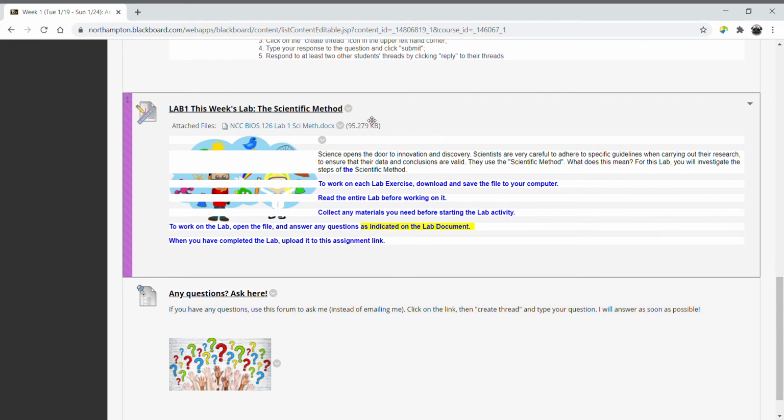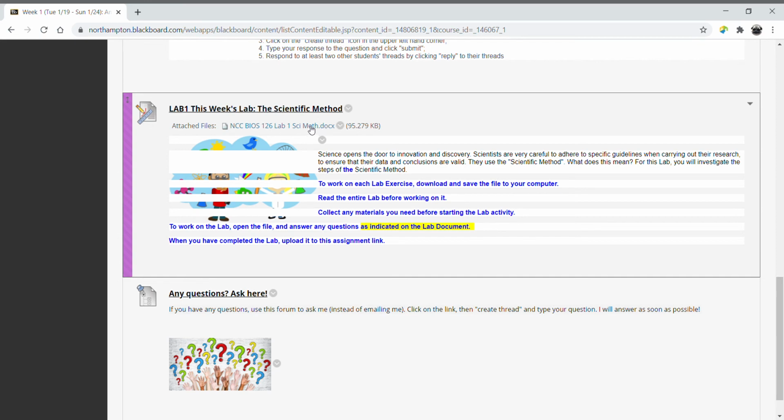Almost every week you have a lab. Some of them you actually watch a film and you comment or answer questions about it. That's like the homework. You would type up those answers after watching the film. There would be a link to the film, and then you would click on the submission link and submit it that way. But many of the labs are a lab you actually have to perform